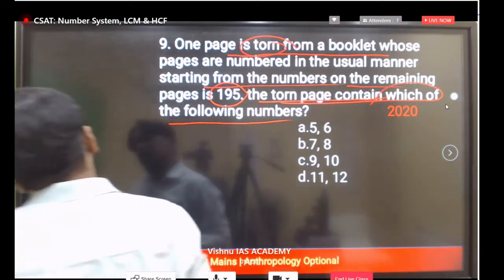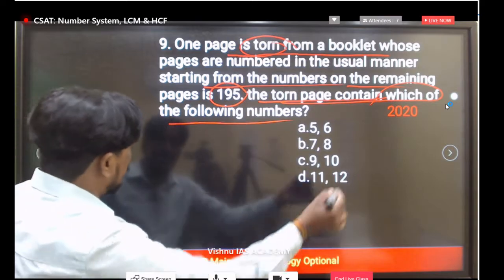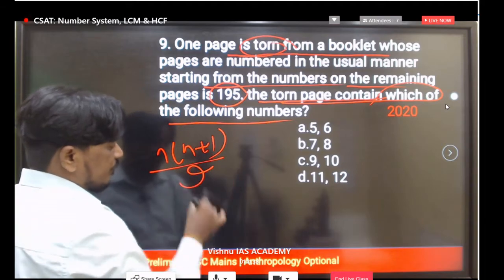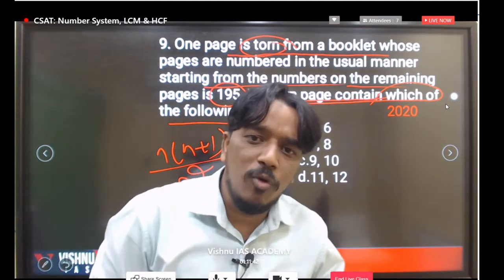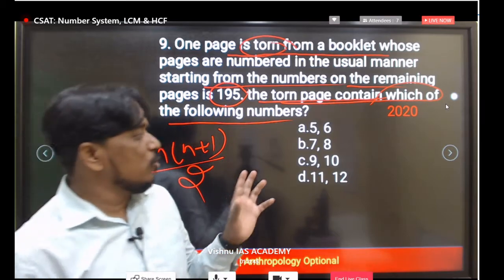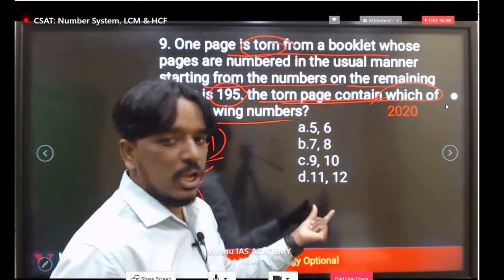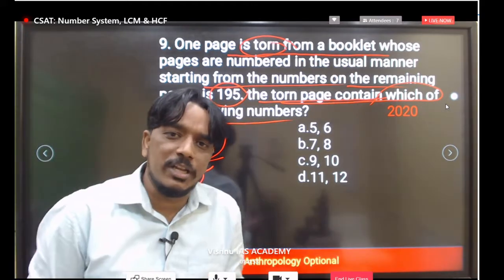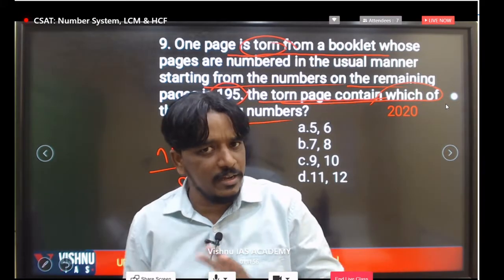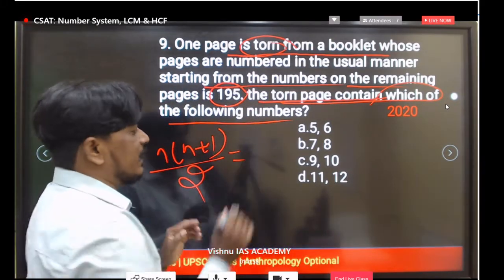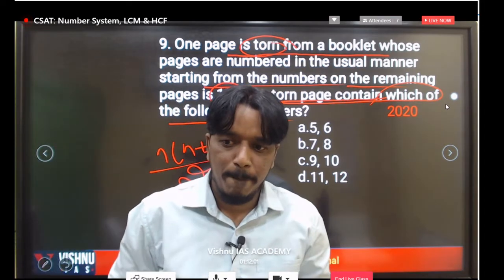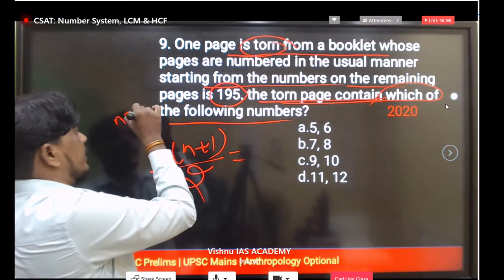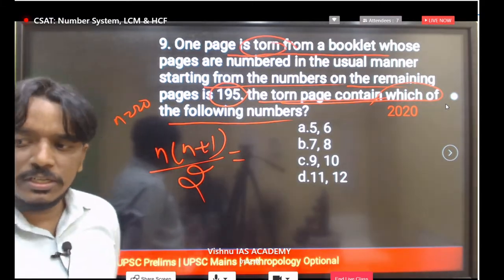In that case, generally for natural numbers, if you want to calculate the addition of those natural numbers, it is n into n plus 1 by 2. In this formula, what are we doing? We can go different ways, based on options also we can go. Based on the trial and error method we can go. In trial and error, why are you taking only 20? You can take 21 or 19, you can take 18, but whatever sum we are getting here should be near to 195. Clear? Now in this case, you can substitute n equal to 20, you can take 19 also, whatever. Clear?